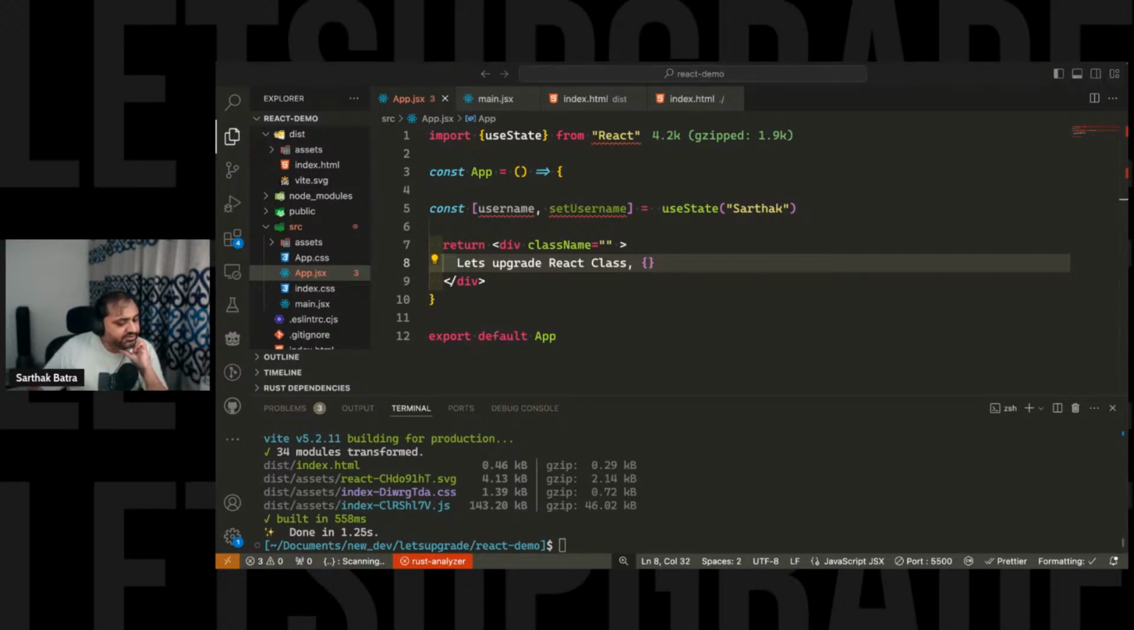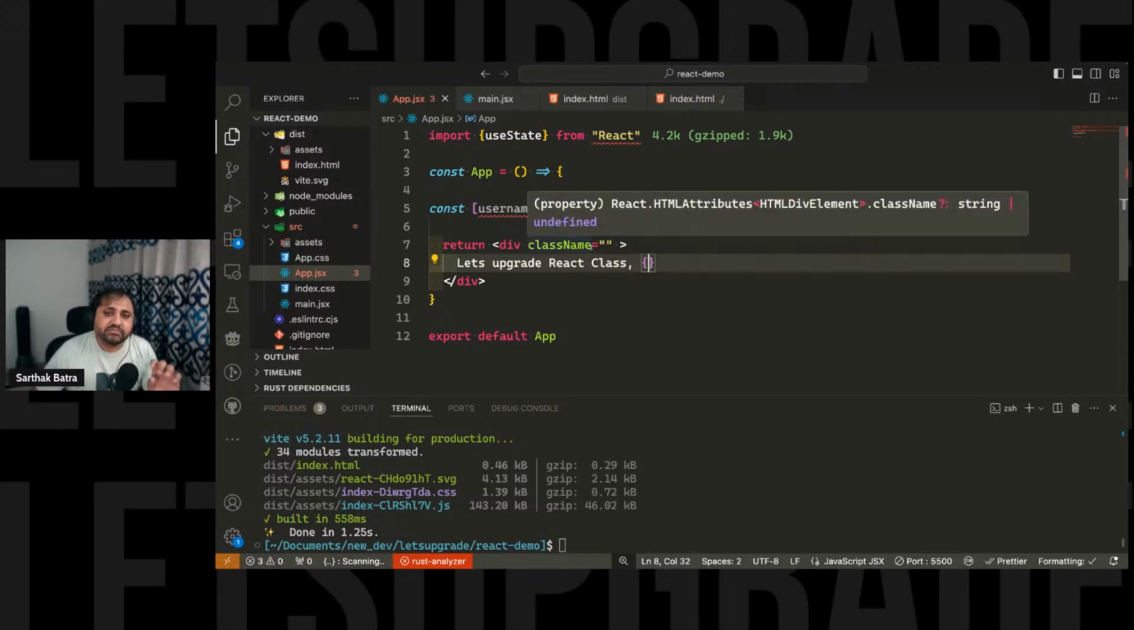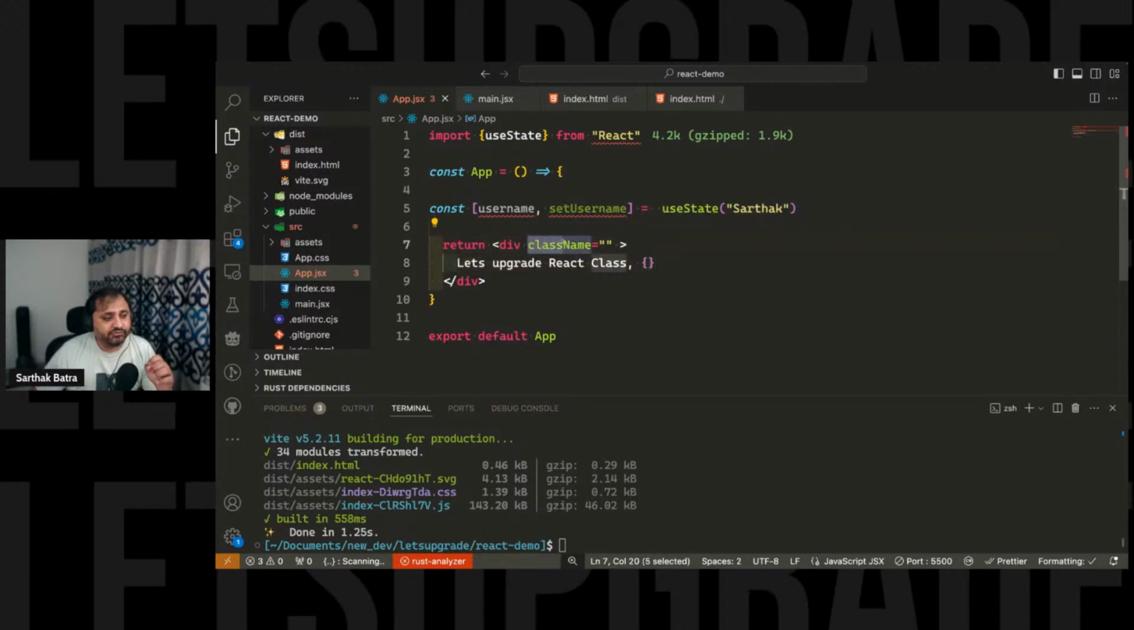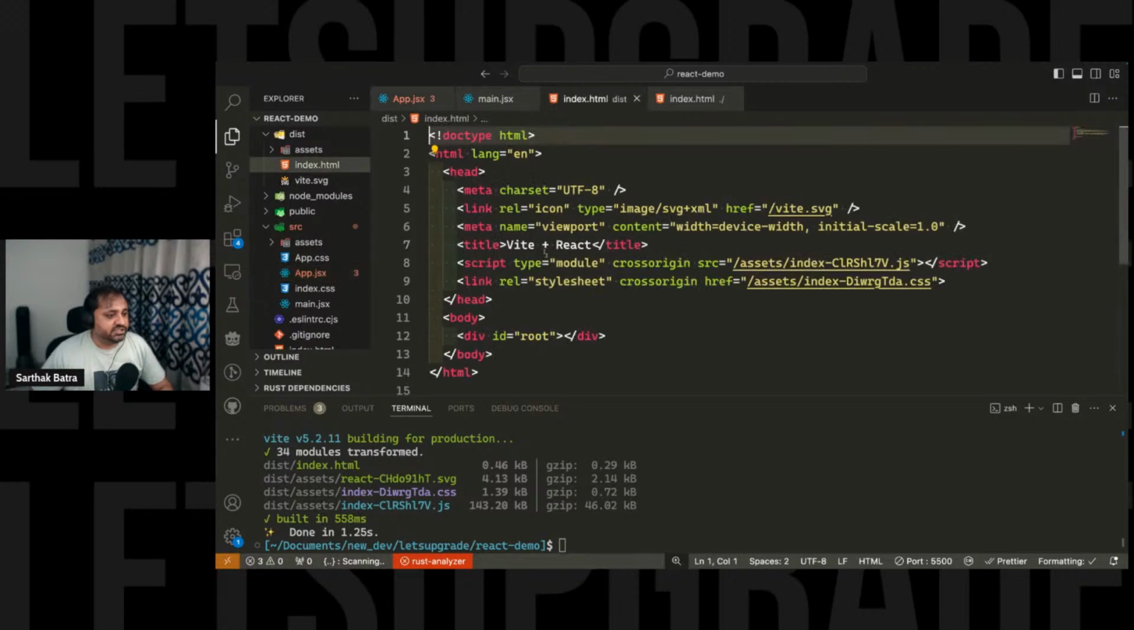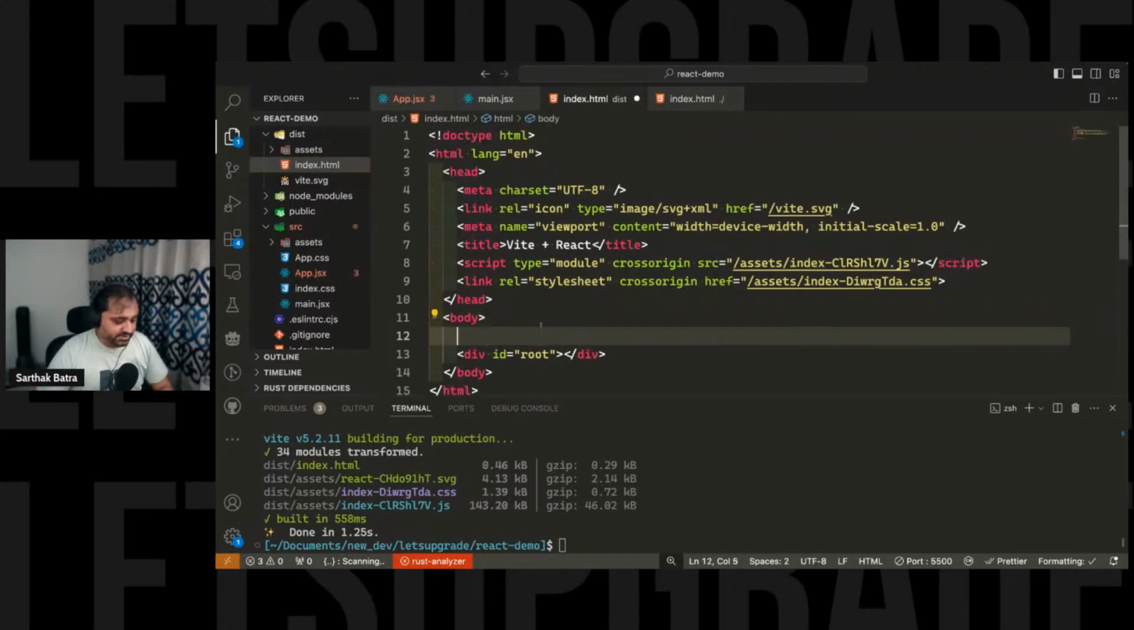JSX versus HTML, the key difference. I sincerely hope that you understand the difference between JSX and HTML. It is 99% the same, except that JSX is essentially JavaScript XML. So it is in fact JavaScript, even though it is made to look like HTML. So there is a very minute difference in the API. For example, if you go to index.html and I make two elements here,